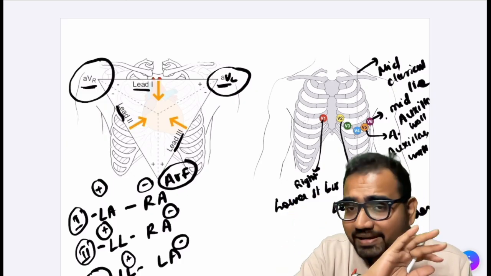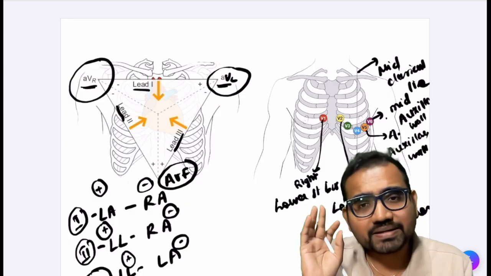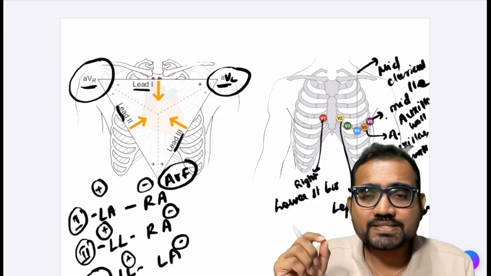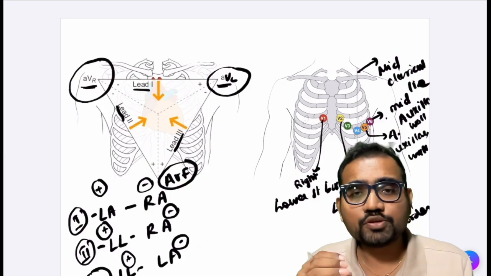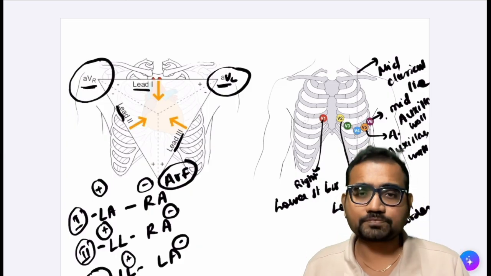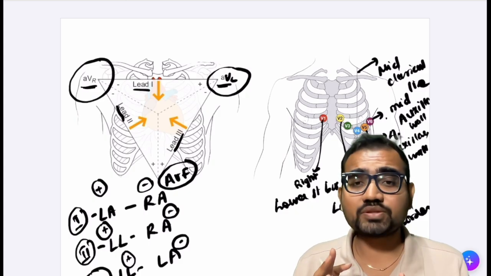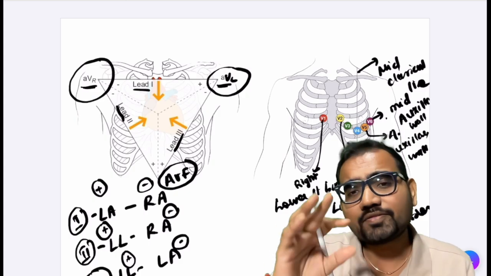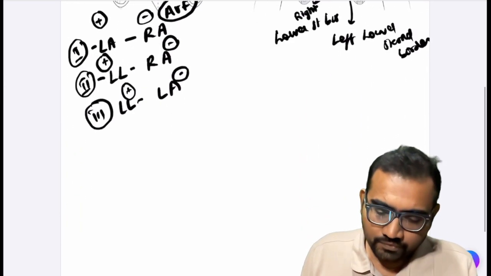Lead 1, left side of the heart. And chest electrode V1, V2, right side of the heart. V5, V6, the lateral surface of the heart. And the anterior wall of the heart is viewed by V3 and V4. So I'm viewing the heart at different angles. So the camera used is what we call leads and electrodes. Now we all know that